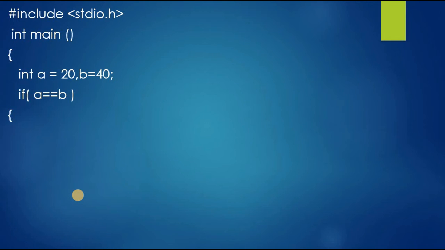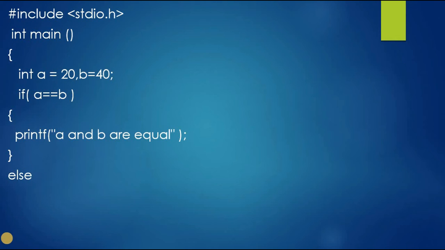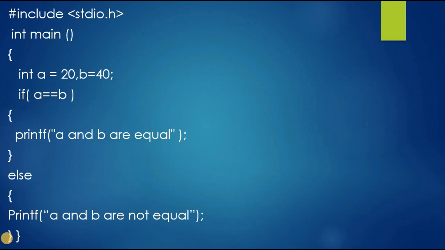After the if condition we have written, we open curly braces for the first statement block, that is a and b are equal, which comes when the condition is true. At that time we will get the output as a and b are equal. If the condition is false, then we should get the second statement block, which comes under the else part of the program. Here we have written else, then opened a curly bracket. Inside the else curly bracket we have written a printf statement, that is a and b are not equal, which is the second statement block of our program.